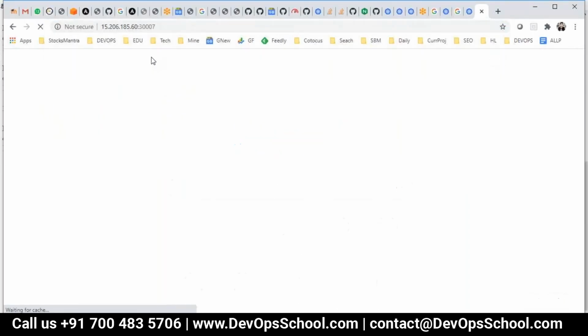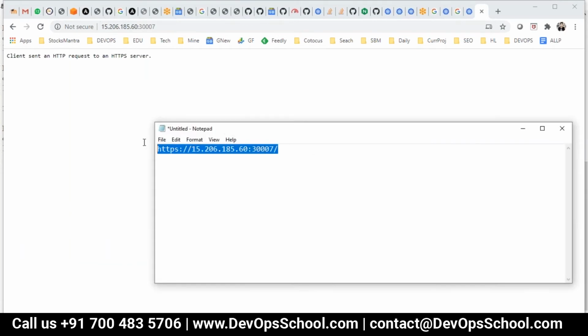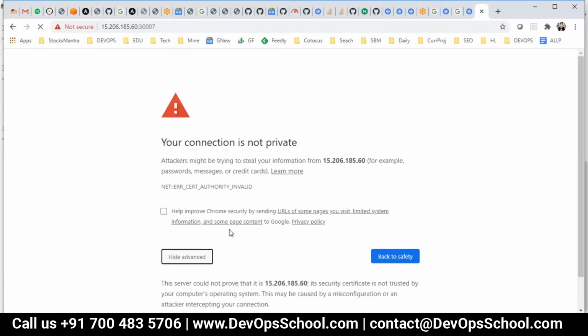Here, and it says client sent an HTTP request to HTTPS server. Why is it not coming? Is it HTTPS? Just, it's HTTPS.